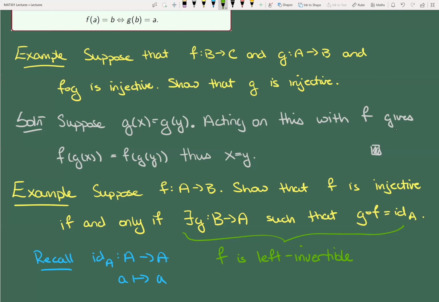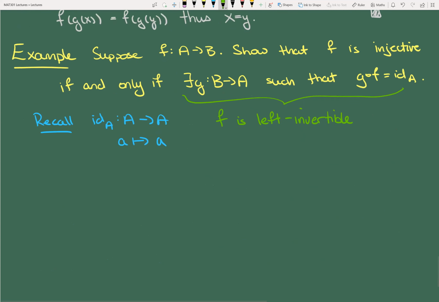Let's assume that f is left invertible so that there is this function g such that g composed f is the identity. The identity map is certainly injective, right? So that tells us that the inside function is injective and we're done, right? That gives us the opposite direction. Alternatively, you could repeat the proof of the previous example, but this time use the fact that this composition is not even just injective, it is the identity, and you'll immediately get that x is equal to y. Okay, but let me just write that out. I don't expect you to necessarily remember that.